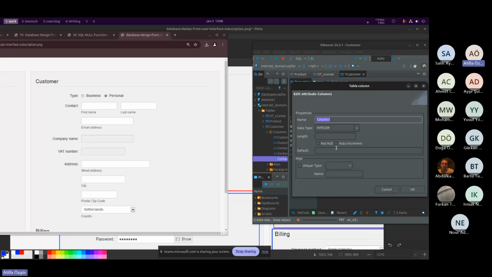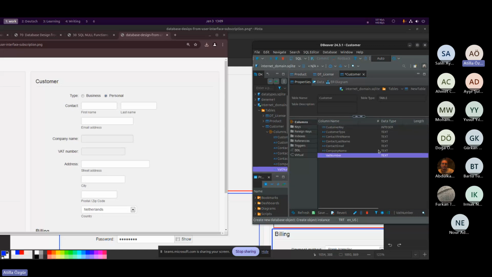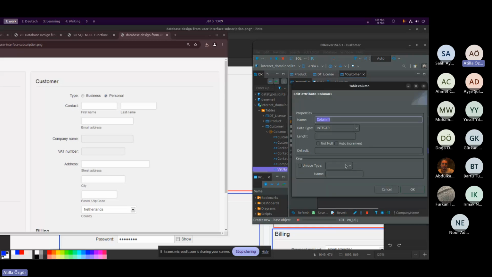Create new column. Okay, company name should be text. It should allow null. Okay, again, create new column. What number? Okay, this is number, but most probably it contains alphanumerical characters. I am giving them as null, since for business they should be entered, and here I should decide if the address,